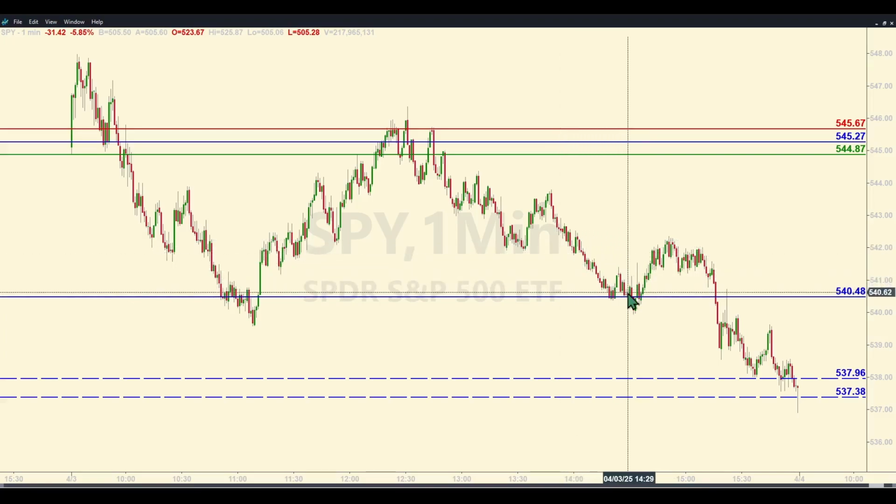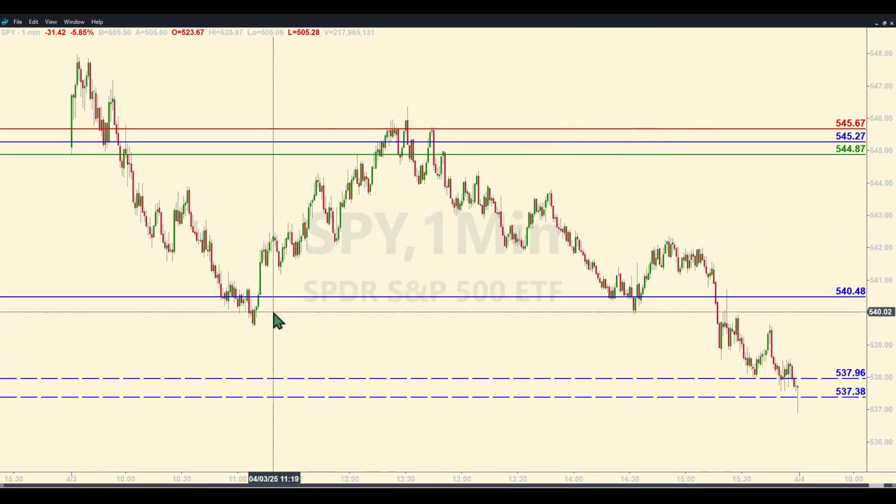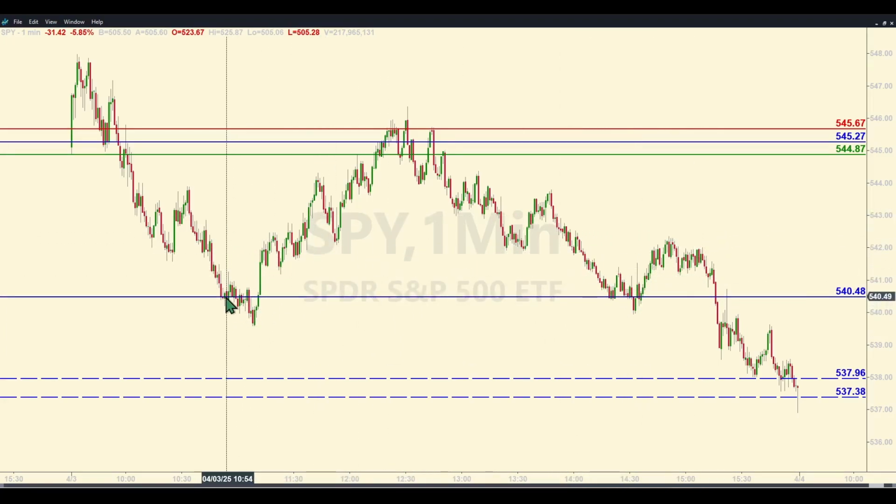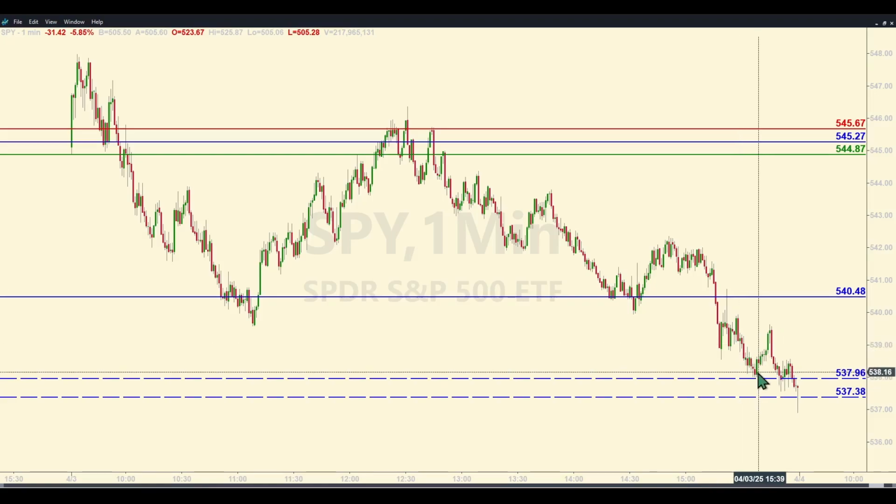They're back down to 540.48, and while they did bounce, got above, we already took a long trade over here, so we're not going to trade it the second time. They got down into this zone. By the time they got to the top of the zone, hit these levels, it was after our cutoff. We don't want to trade anything after 3:30 p.m. Eastern. This whole area worked as support, but according to the rules, it's off limits. But that was a couple of base hits worth 8 ES points if you were playing by the rules.